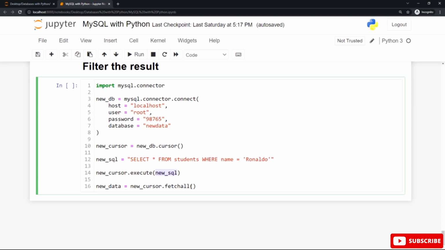After that, you can see the fetchall statement to fetch all the selections from this table called students here, and use the cursor also to execute this method, as you need the cursor to perform the MySQL operations and methods, and assign this operation also to a variable called new data. Now you need to iterate over this iterator to display the records one by one, all the records that match this filter, name equals Ronaldo, all the records that have Ronaldo as a value for the name column.